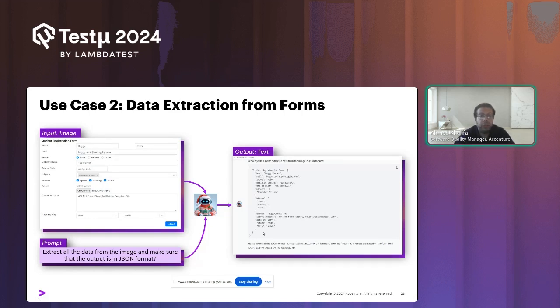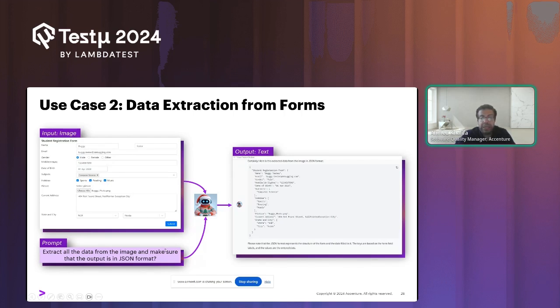And you could think about it, okay, if you are doing a UI test, how would you usually do it? You will go inside each and every form, right? And do a validation for the inputs here. This is something that you need to build. You need to build a page object model. You need to identify each and every element, and then you need to do an assert for each and every element.